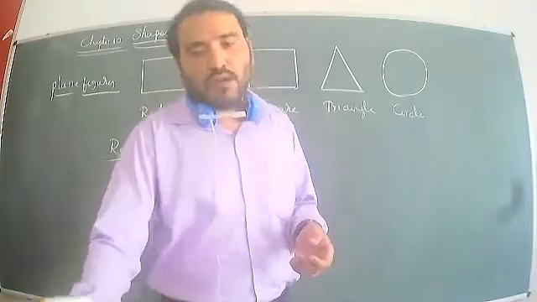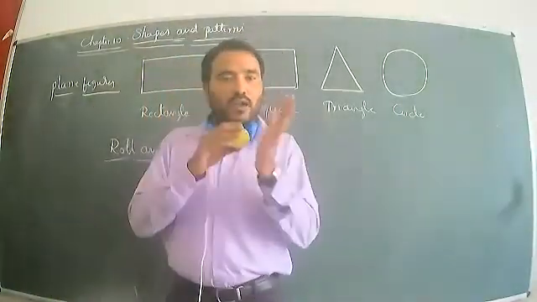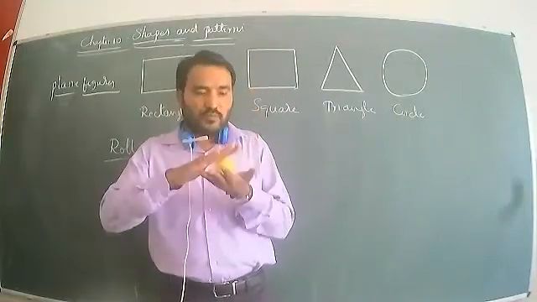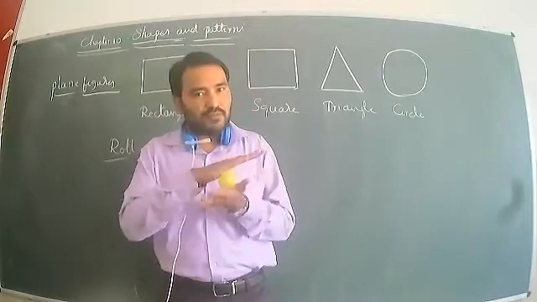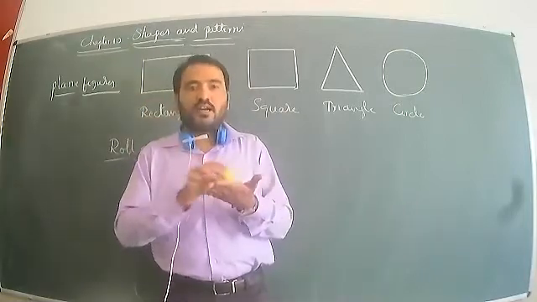Look at the ball. It is a round surface ball. Look at that, it is a ball. A ball can roll. So it is not a slide, because it is a round shape, a round surface, we cannot slide that.